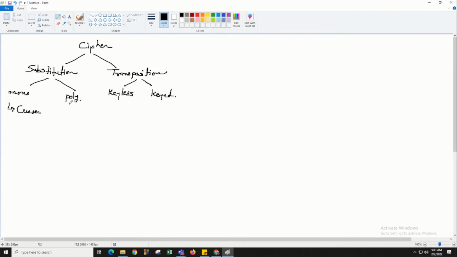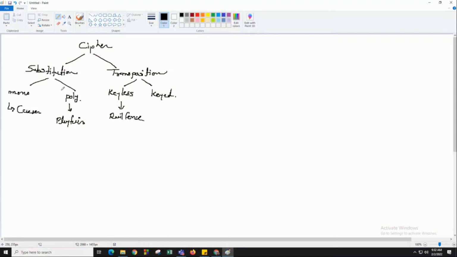From the polyalphabetic, we have seen Playfair cipher. From the transposition cipher, in keyless, we have seen Rail Fence cipher, right? That means we have covered some portions from your theory sessions in our practical sessions.